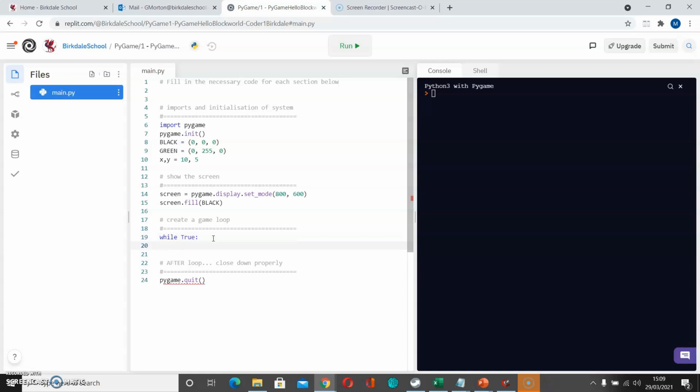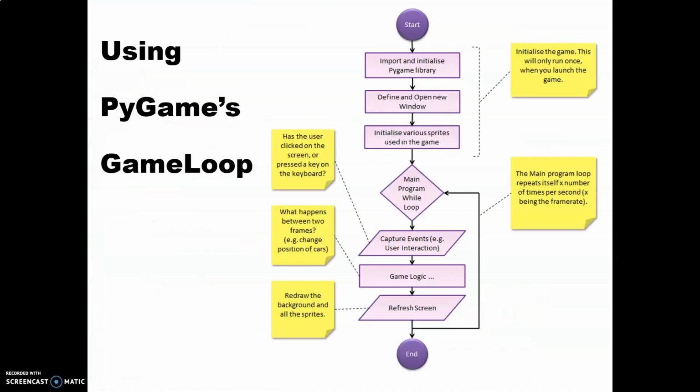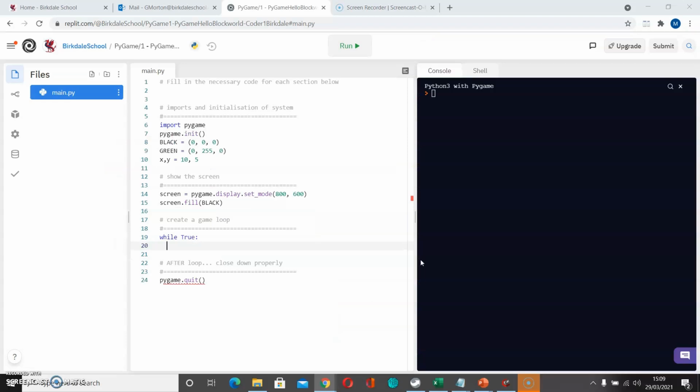And what we're going to have to do, if we just refresh our memory about what's going on here, we set up all of our starting position and then we go into the game loop. And inside the game loop, we see what the user's doing, we update our player pieces, and then we show them on the screen. And we do that over and over again. So to do this, I'm going to have to see what the user's done. I'm going to have to look at the event that the user has created. So I'm going to say for event in